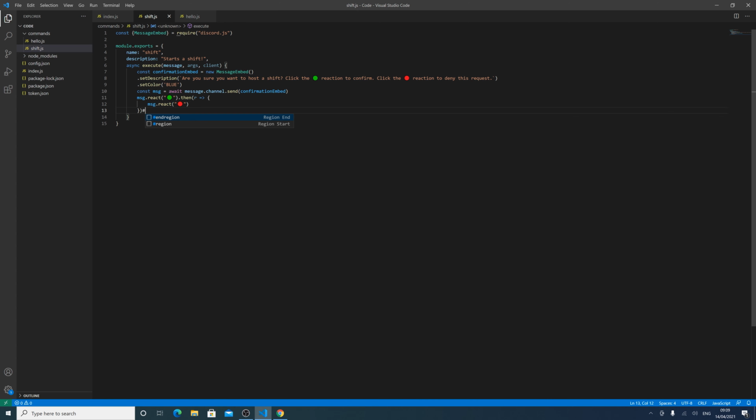So now we're going to drop down 2 lines, and then we're going to do await message.awaitReactions. We're going to do 2 brackets, so reaction, comma, user, go across a bracket, and then we're going to do user.id is equal to message.author.id,